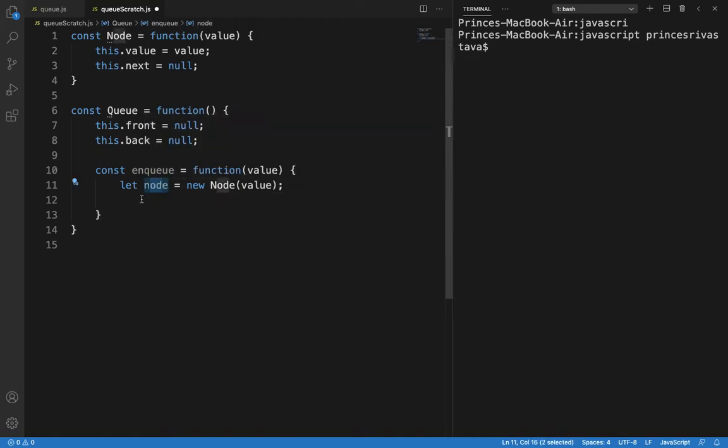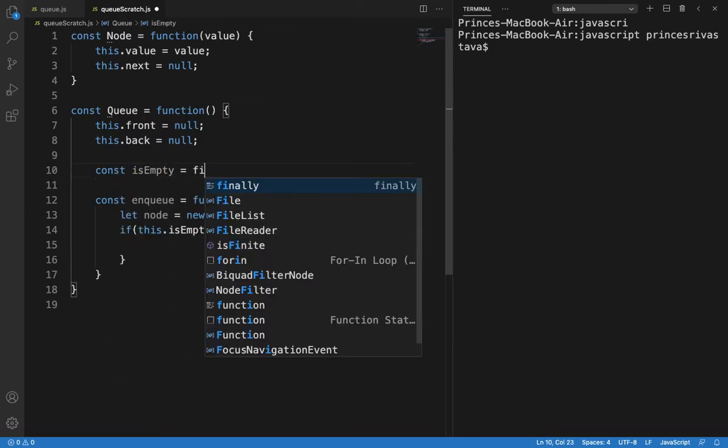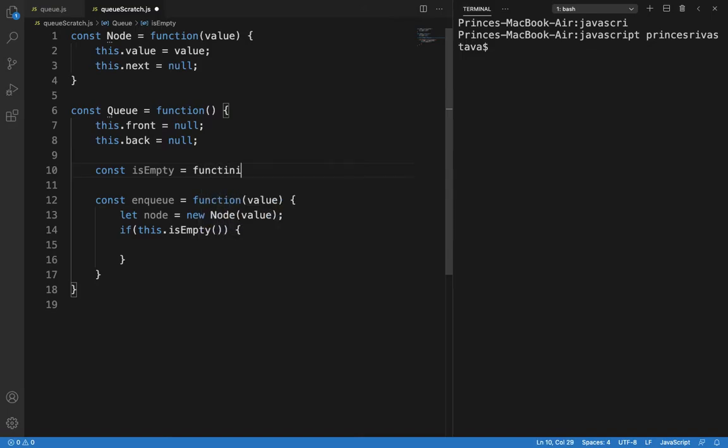Okay, so let's check if our queue is empty or not. So if this.isEmpty, now we will have to create a function here that will tell us whether the queue is empty or not. So I will create it here. This will also be a function, and that will return a boolean value.